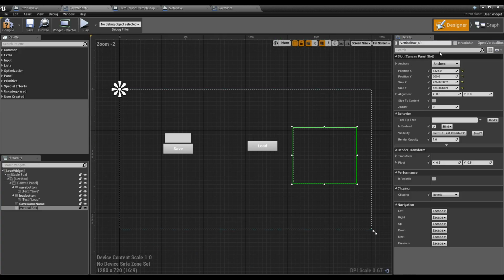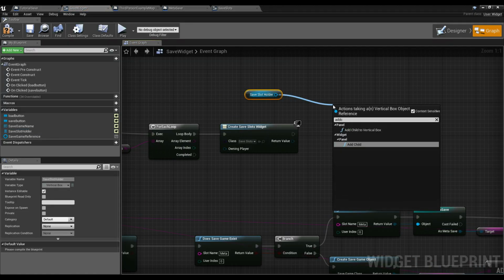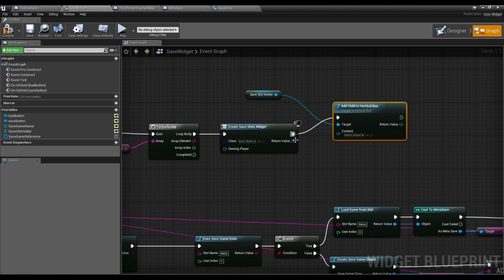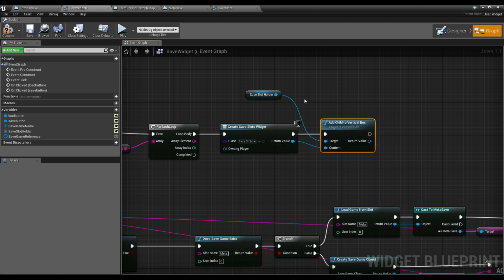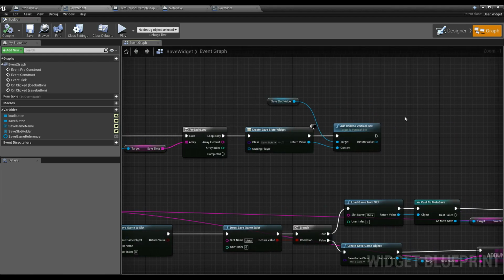So I need to go back to my vertical box. I want to add that. I'm going to make it a variable. And we're going to call this our save slot holder. And with this, we can get it. We can add child to vertical box. The child that we're adding is that save slot. And now what happens is that we are going to add all of our save slots to this vertical box,